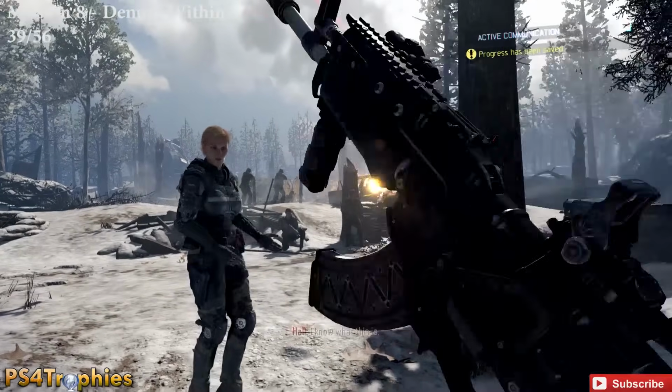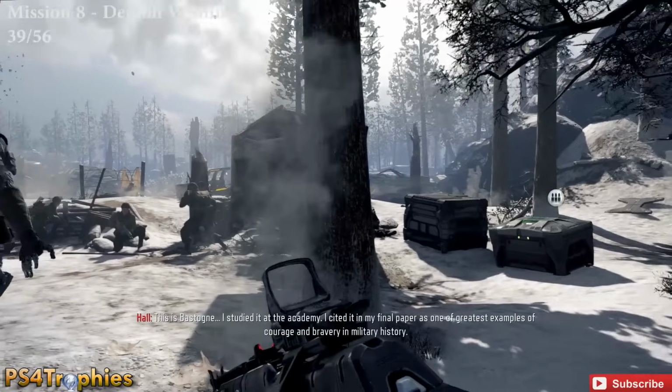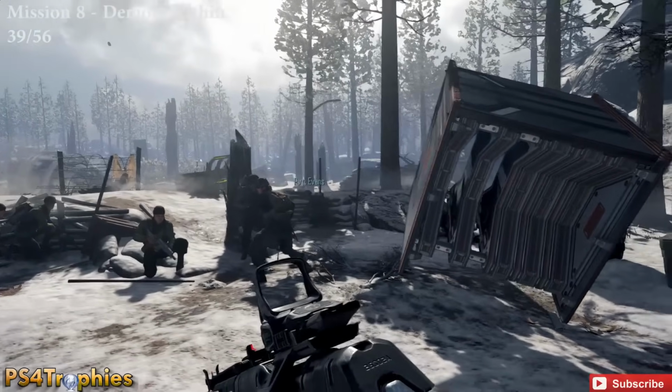Mission 8, Demon Within. This is an odd chapter. I won't speak any more on it, but at the very beginning, as soon as you can control your character here in the snow, we're going to look off to the right, and there's kind of a little, I guess,